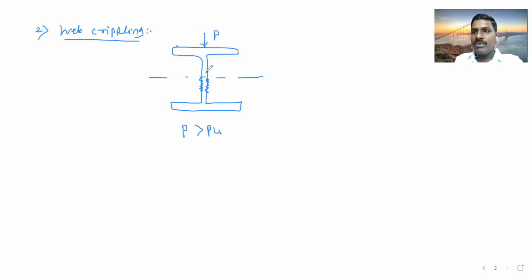कधी होऊ शकतं असं crippling failure? If more than the factored load you have designed comes on this particular beam, then your beam will fail. So what is crippling? Crippling is when the loading is in excess of the load carrying capacity. Whatever the load carrying capacity of this beam is, if the load is in excess, then the buckling strength is exceeded, causing crippling of the web. मग हे बकल होत काय होतं त्याचं crippling.